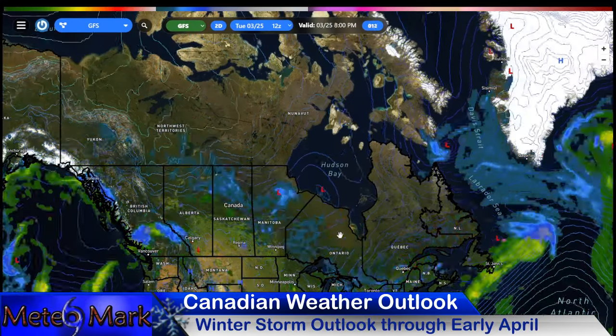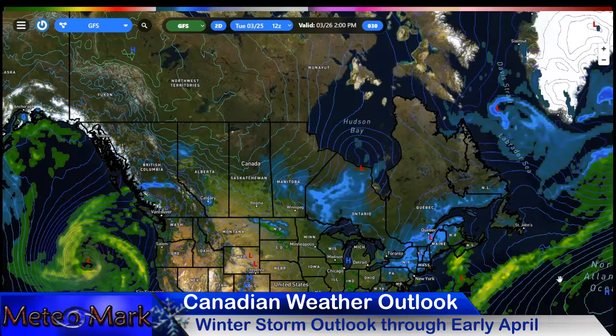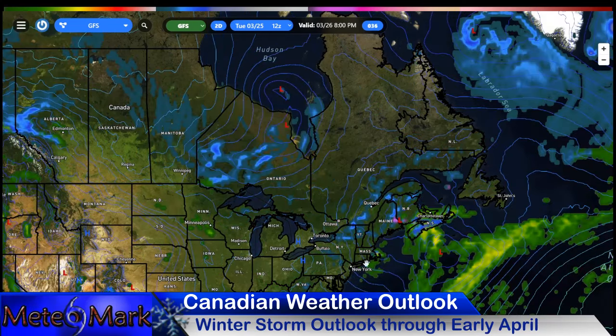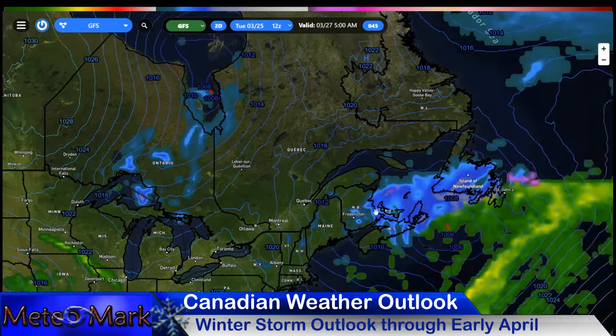And here for Canadian Weather Outlook, we are looking at a very snowy time event. We're going to go over those snowfall amounts momentarily, but look at Southeast Canada here. We have our first system just hanging out with lots of showers. Second system back here across central Ontario. We're going to see this